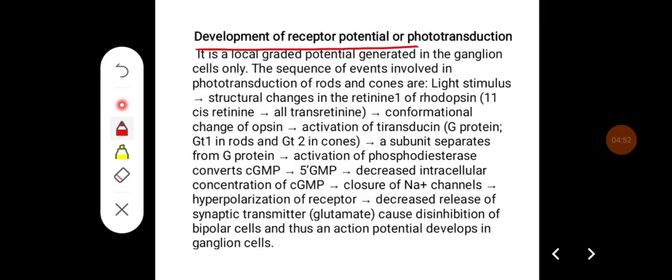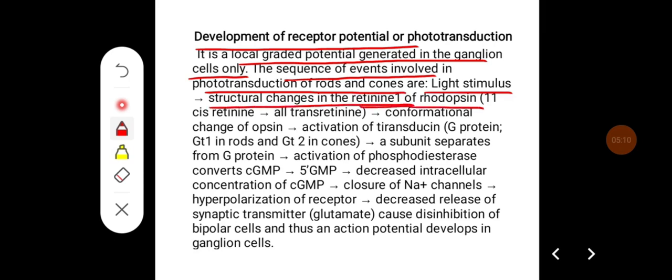Development of receptor potential or phototransduction. It is a local graded potential. The sequence of events involved in the phototransduction of rods and cones are: when a light stimulus occurs, there will be structural changes in the retinene 1 of rhodopsin. That is, 11-cis retinene gets converted into all-trans retinene, which leads to conformational change in the opsin, which causes activation of